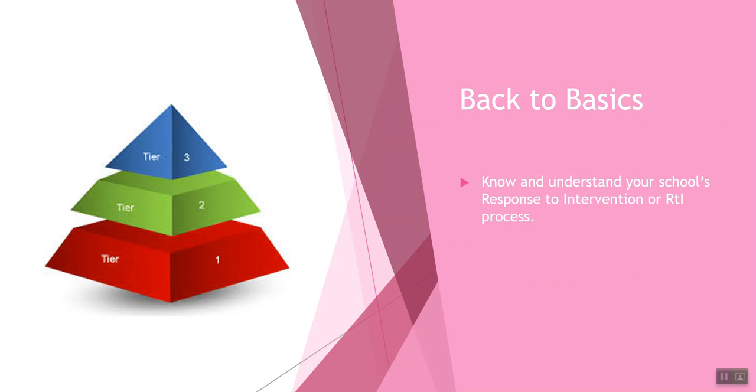Once the student has shown not to be making progress in the tier 3 category, this is the time that the school will usually sit down with the parents and discuss the option of evaluating the student to see if they need a 504 plan, or they may have some type of learning disability or other disability that is impeding their learning. So they will be evaluated to see if an IEP plan needs to be developed.